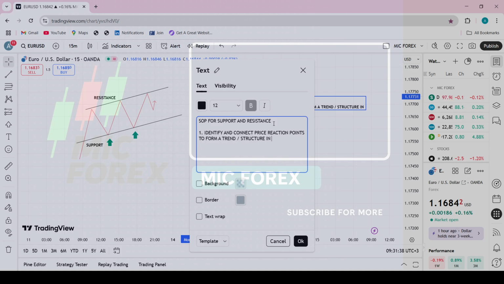Remember, I told you Forex has no language, it has no grammar. You just need to understand, you just need to communicate. In Forex you are not so careful with the use of in, on, between, those words. I think they are called conjunctions or something like that. So, to form a trend or structure in a time frame,